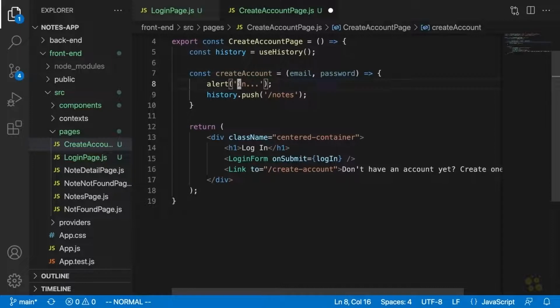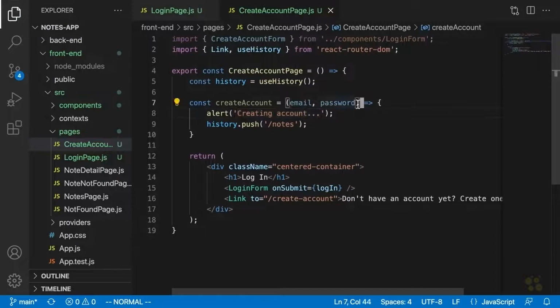It'll say something like creating account. All right, creating account, blah, blah, blah. And it will actually take an extra argument here as well, which will be the confirm password. And then, just like with our login page, for now we're going to send the user directly through to the